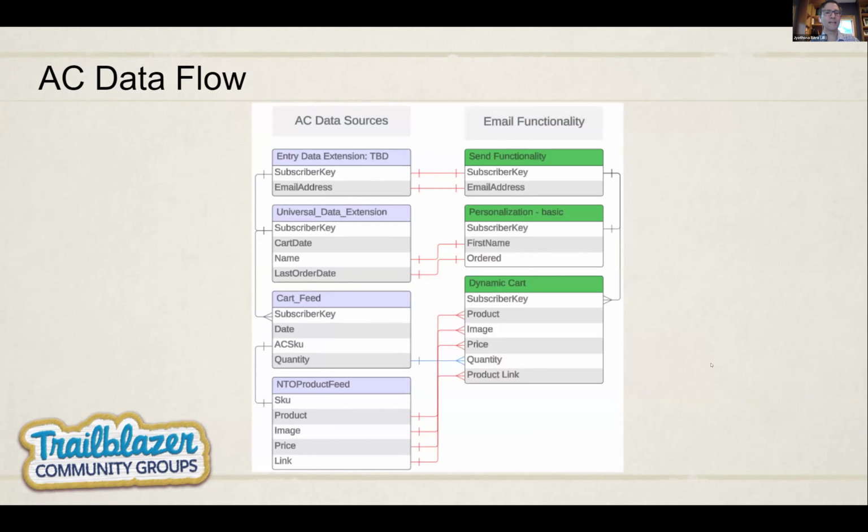So when we build out the content, we're going to be using these data points to do a couple of things. One is to get that functionality so we can send that email and that data extension, send out that email via the journey. We're going to be personalizing it by adding this first name. We may add some custom content based on whether they've ordered with us or not in the past. And then for that dynamic cart, we're going to be displaying all of these items on each row custom to that subscriber. Just give an overview of the data that we're going to be using to render that abandoned cart